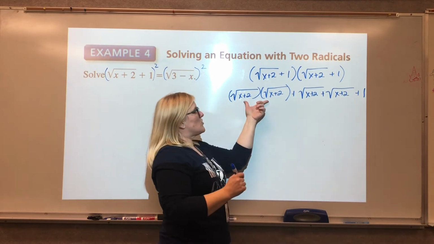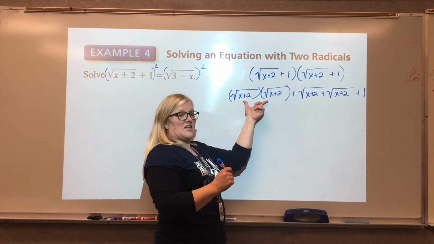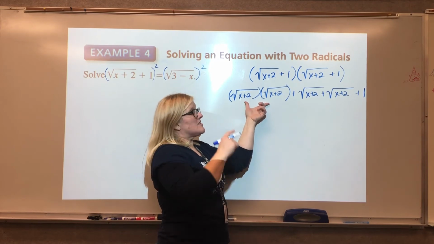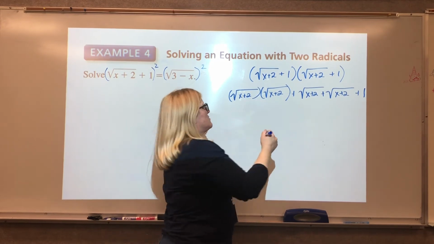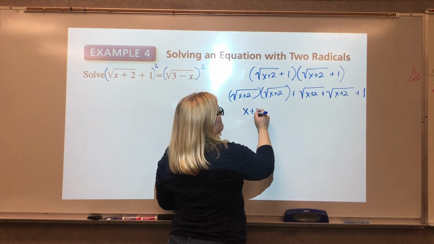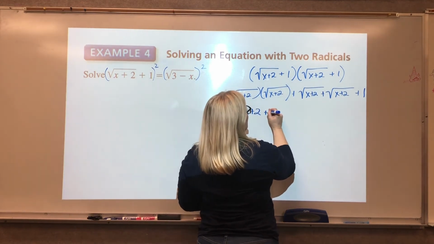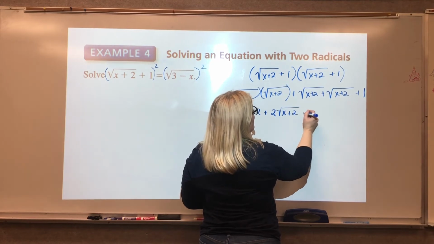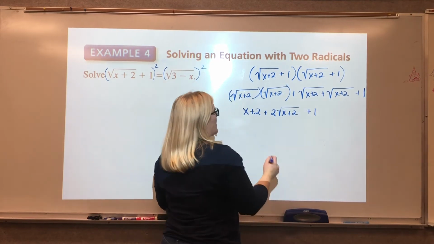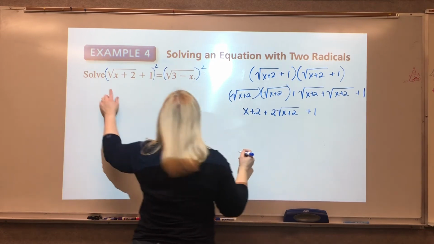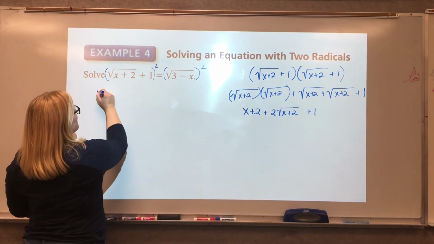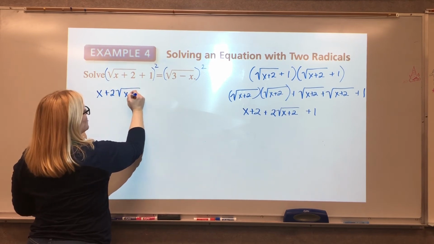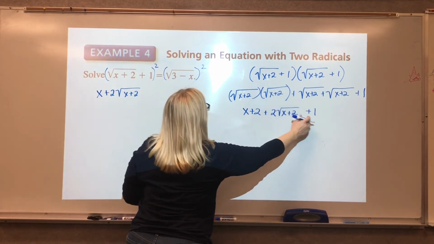Well, the square root of x plus 2 squared is just x plus 2. Then this is 2 times the square root of x plus 2 plus 1. And when I combine like terms, I'm going to have x plus 2 times the square root of x plus 2 plus 3